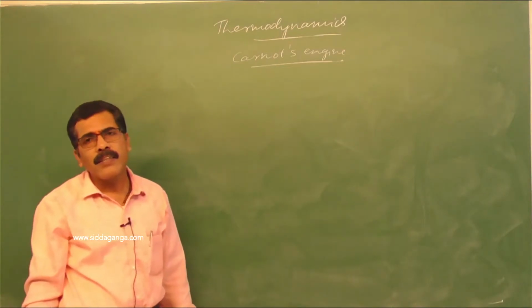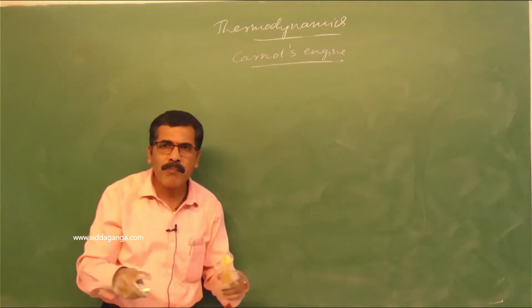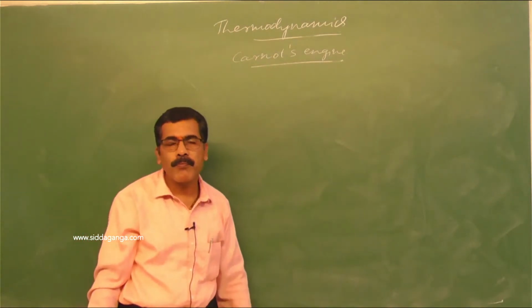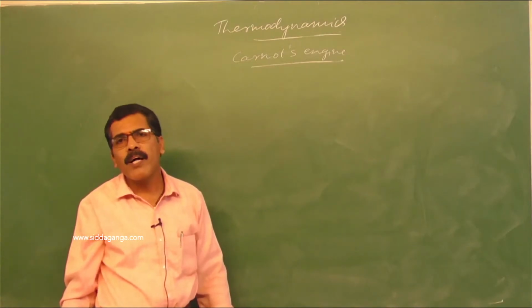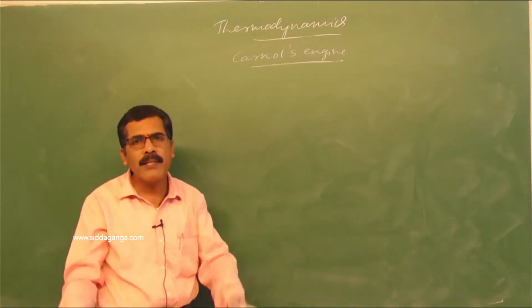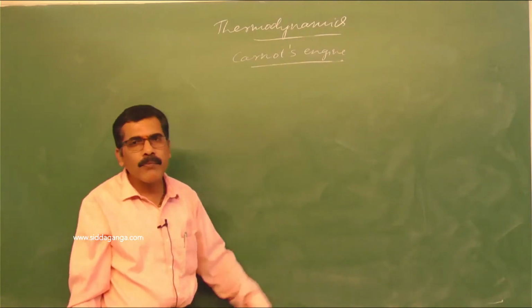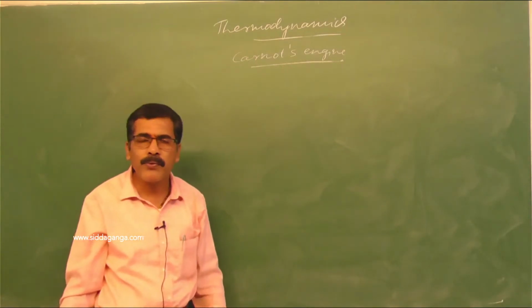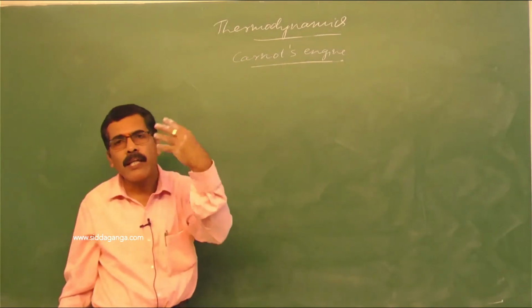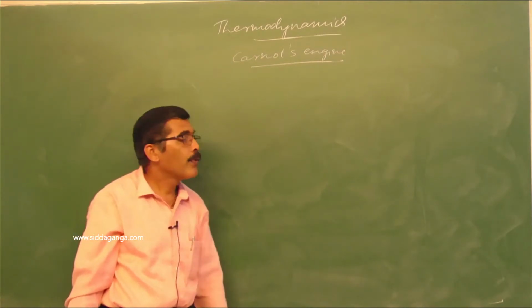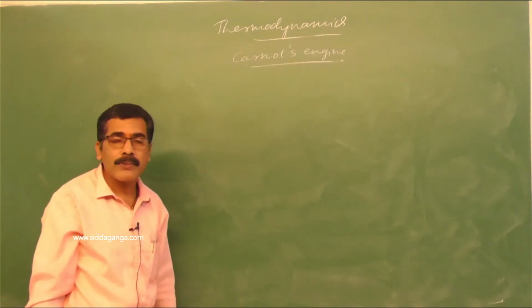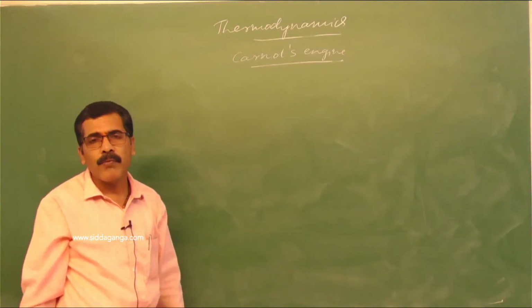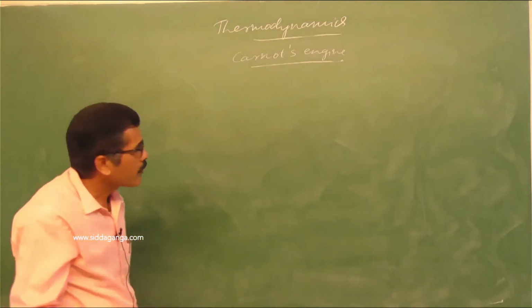Sadi Carnot gave an ideal model for a heat engine, and it is called Carnot's engine. It is the mathematical model for all heat engines, and only this ideal engine has more efficiency compared to any other engines which are realized in practice. Now let us consider how it works. What are the basic ingredients of Carnot's engine? What are the basic needs of Carnot's engine?